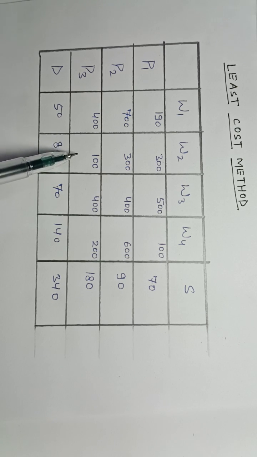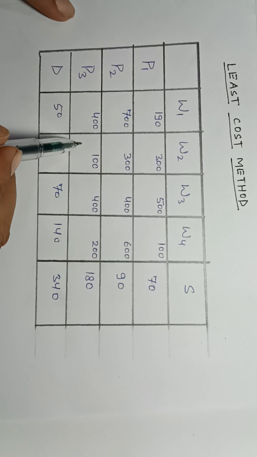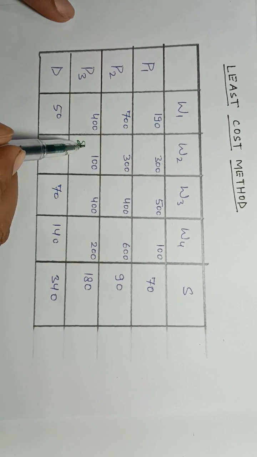In this case we can accommodate 80 units, which is more than 70 units. So first I will allocate 80 units in this cell.